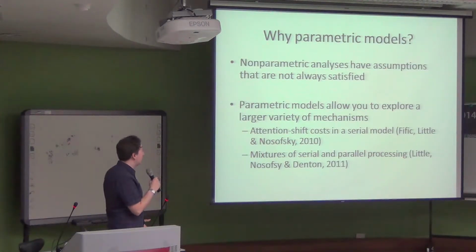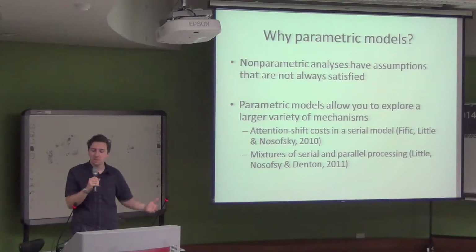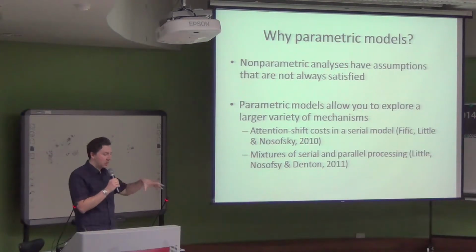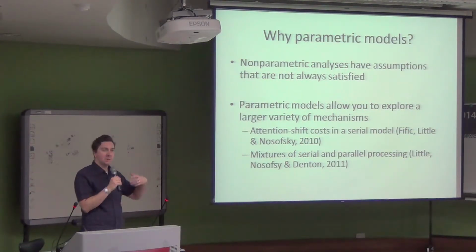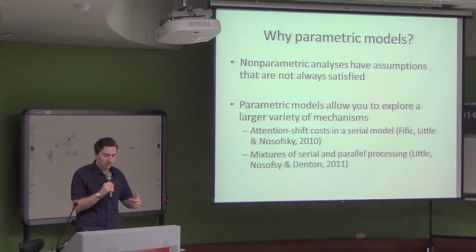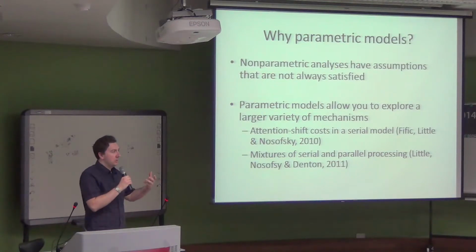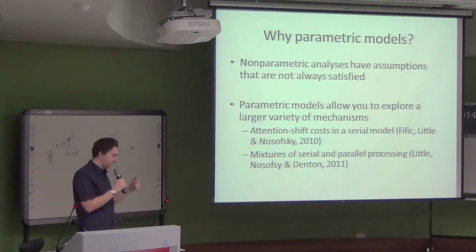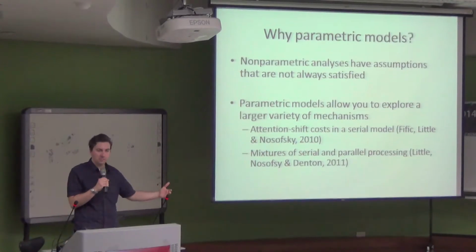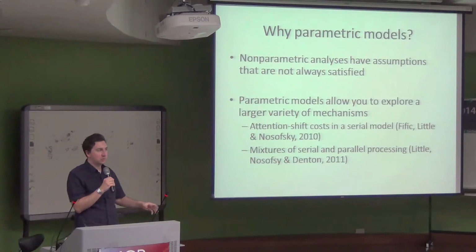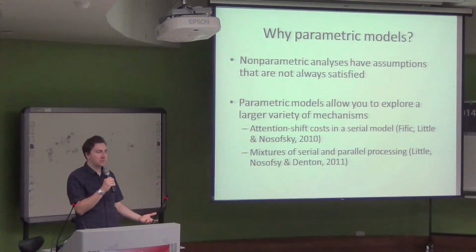So what do you do if you have a violation of the stochastic ordering? Well, there are a lot of different things you can do. The one I'm going to talk about is trying to understand what's going on by taking a parametric approach, starting with some theoretical assumptions about the underlying information processing model that might be going on, implementing them, and testing them that way. So you could set up, for instance, serial models, parallel models, and coactive models that implement the type of processes you think are happening when people are performing these problems, and use model fitting tools to test these models against one another.